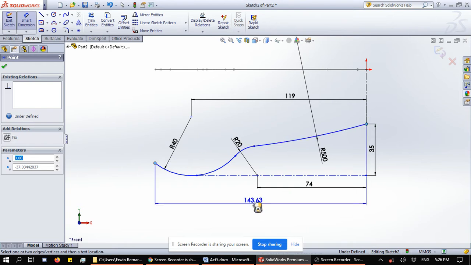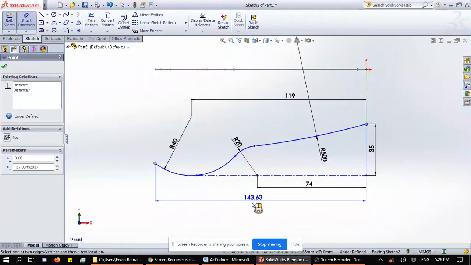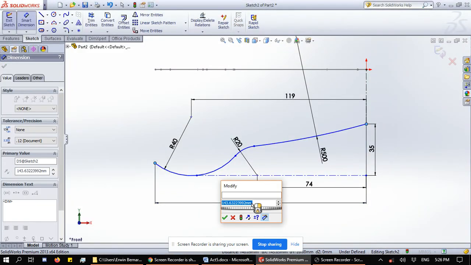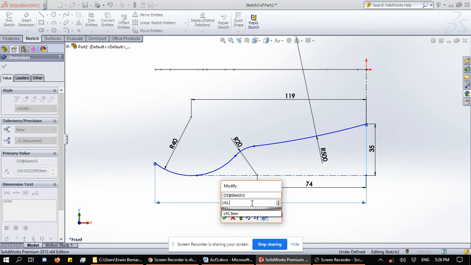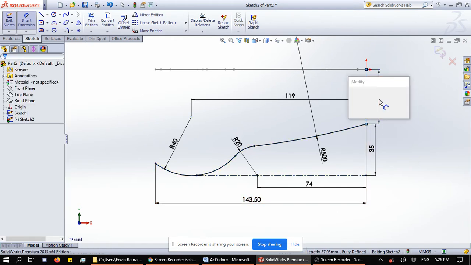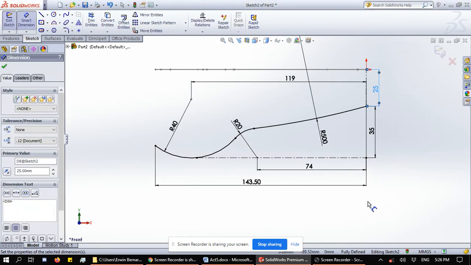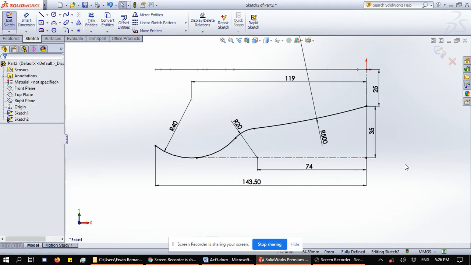It should be here. It needs to be 143.5. So yeah, and the distance, let's just make it 25 so it can be closer. So you can see it's fully defined. After fully defining it, we exit the sketch,